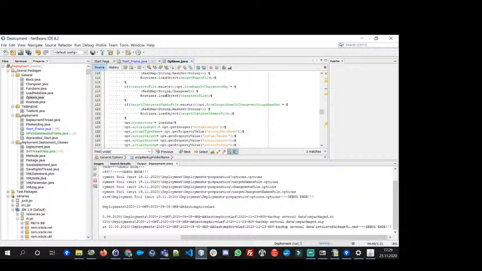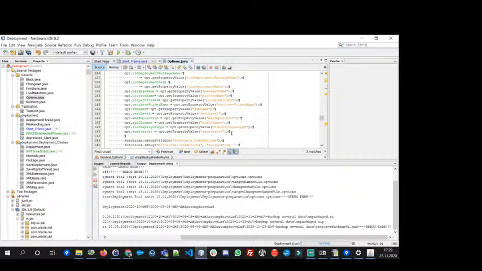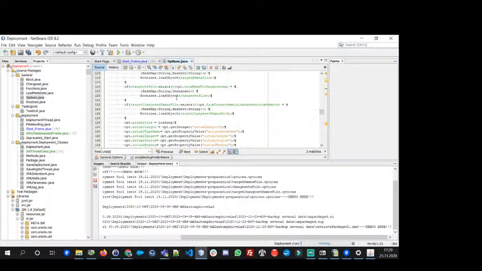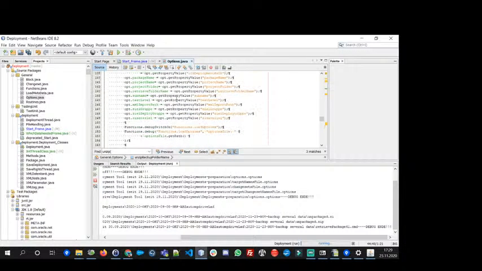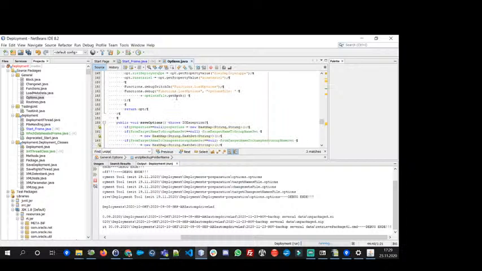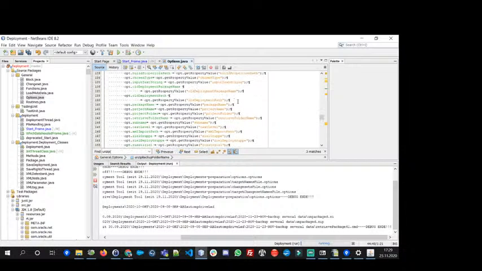Yeah, we are loading the options. We are getting the property